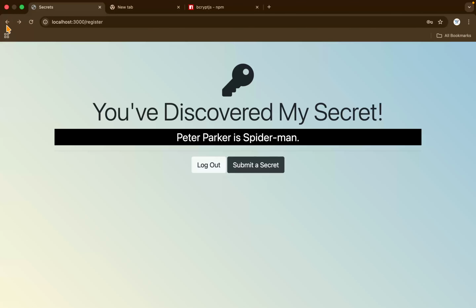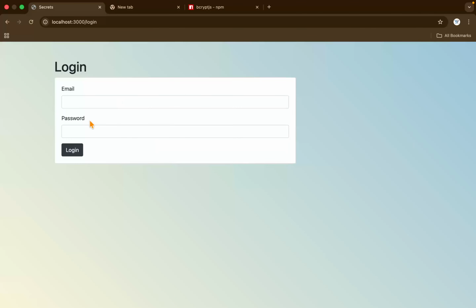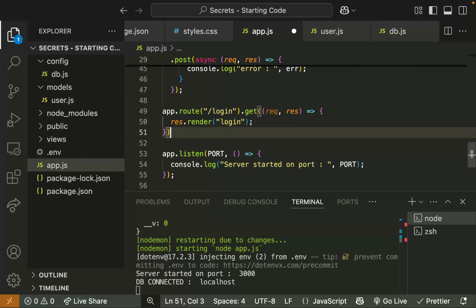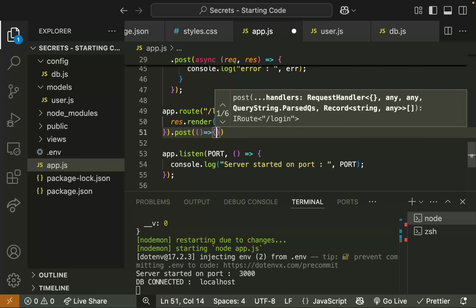Okay. So let's go back and let's go to the login. So this is our login page, right? And we are receiving the data again from the form. Okay. So when you submit the login form, the data will be sent to the /login route. And to handle it, I will create the .post function where again you'll put your request and response, and